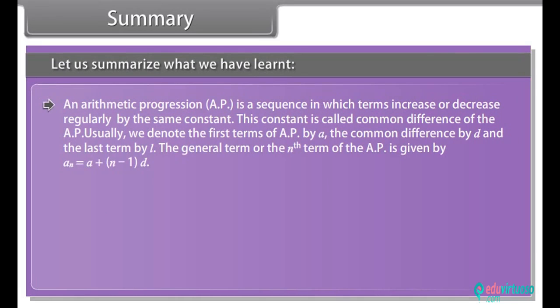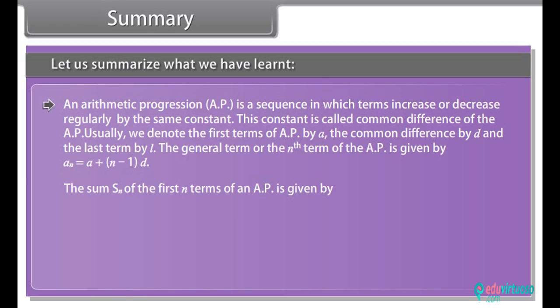An arithmetic progression, AP, is a sequence in which terms increase or decrease regularly by the same constant. This constant is called the common difference of the AP. Usually we denote the first term of an AP by A, the common difference by D and the last term by L. The general term or the nth term of the AP is given by